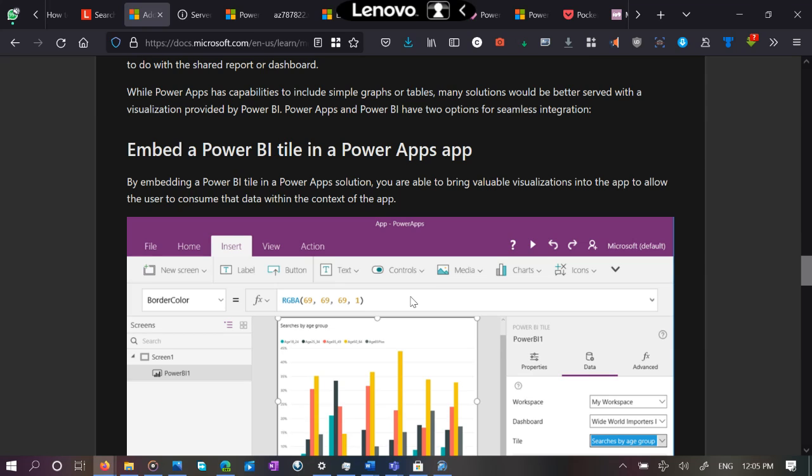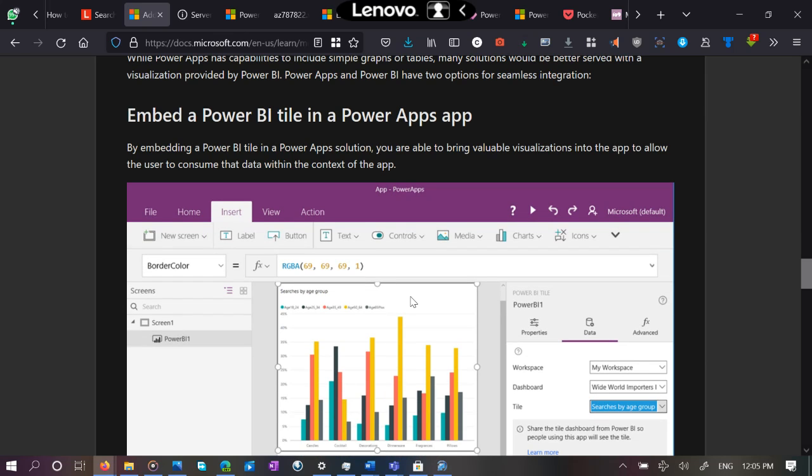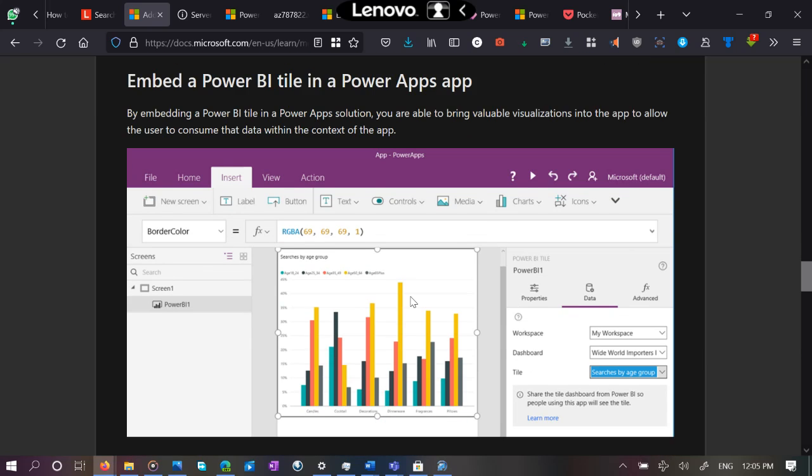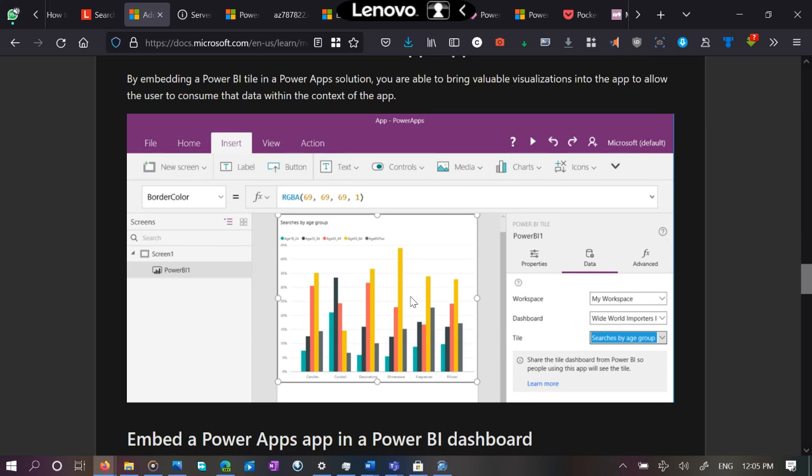Power Apps and Power BI have two options for seamless integration. One is embedding a Power BI tile in Power Apps. By embedding a Power BI tile in a Power Apps solution, you're able to bring valuable visualizations into the app to allow the user to consume that data within the context of the app.